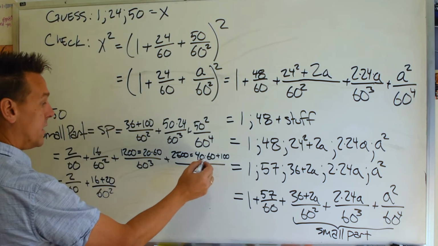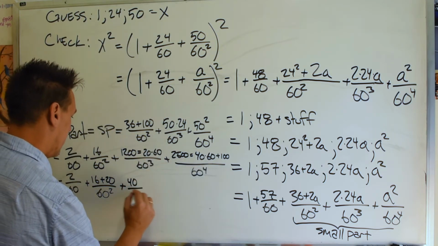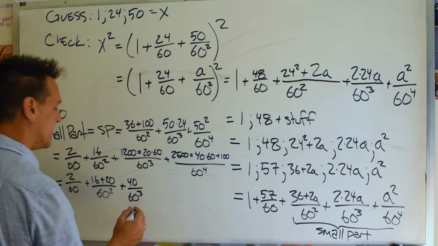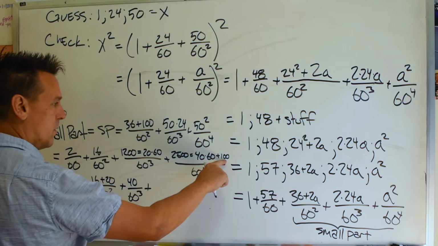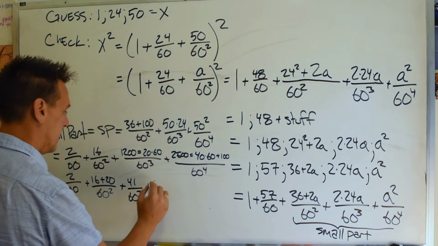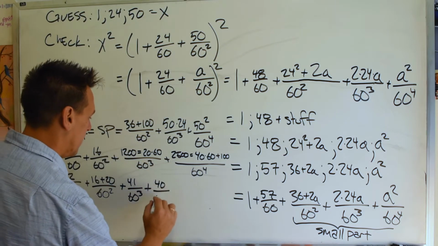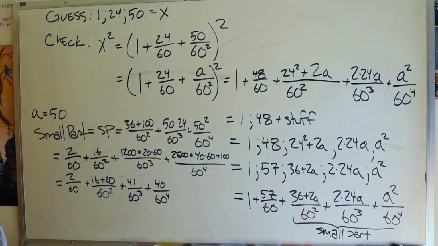But then 40 are going to come up over 60 cubed from the 60 to the 4th place. Oh, except there's going to be one more too. So it's going to be 41. And then I'm going to be left with 40 over 60 to the 4th. Okay, now x squared is going to be